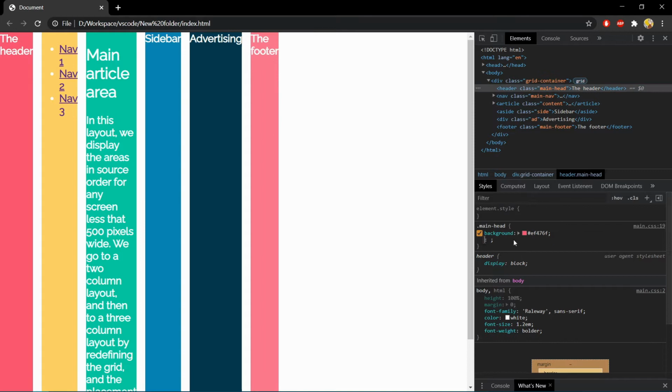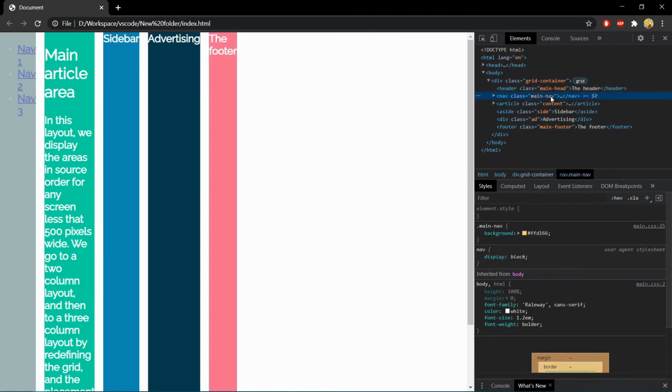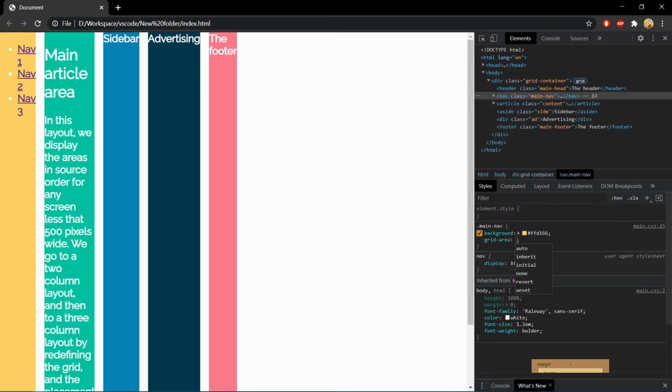Let's define grid area. Some time before, we used line numbers to define our grid area, so we provided parameters like row start, row end and then column end. But now we'll be using a name as the grid area. Here you can use any name you want, but for this demo I will be using the class name.